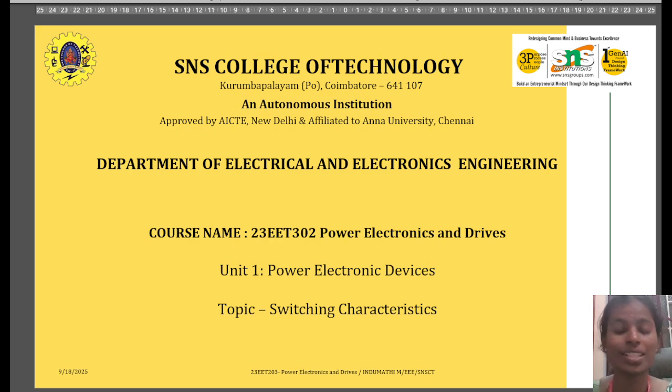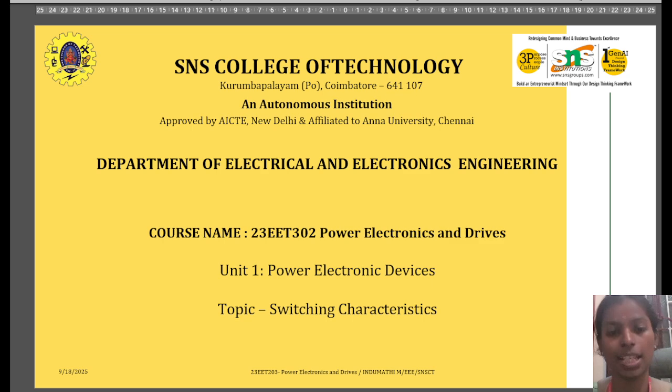In this session, we are going to discuss the switching characteristics. Every power electronic device, that can be a diode, transistor, MOSFET, or SCR, not only works on and off, but also how fast and how effectively it switches between the two states. This behavior we call switching characteristics, and it directly decides the speed, losses, and efficiency of modern converters, inverters, and drives. So in this video, we'll understand the switching characteristics in detail for power electronic devices like